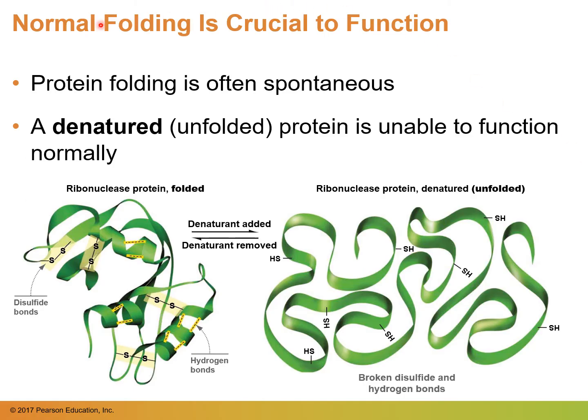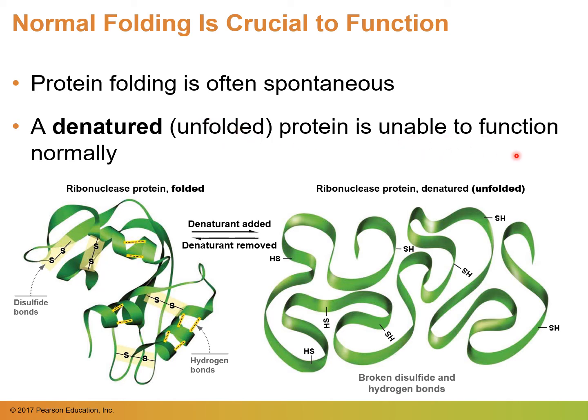Okay, so once we talk about structure, we're going to be talking about a concept referred to as folding. Folding is essentially those structures adequately being formed. So that means the secondary, the tertiary, the quaternary structures all being formed properly. This is extremely important because these are going to be allowing for proper function. So protein folding is often spontaneous. As the protein is being made, it's going to be properly folded. But we have a process referred to as denaturing, and this is essentially unfolding,